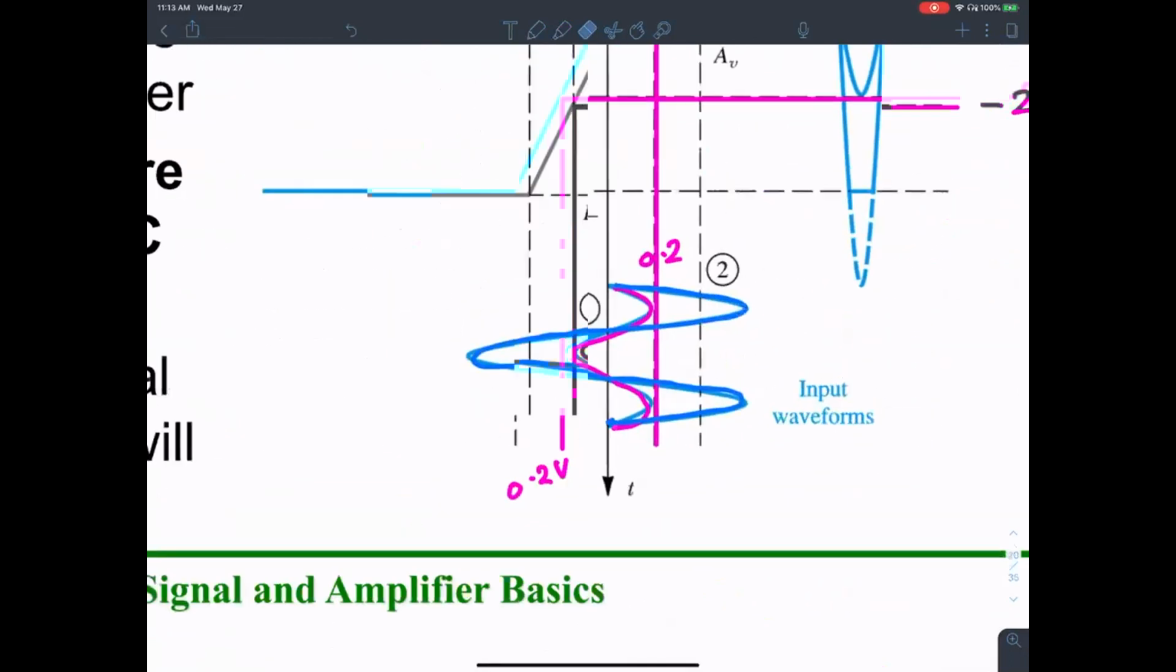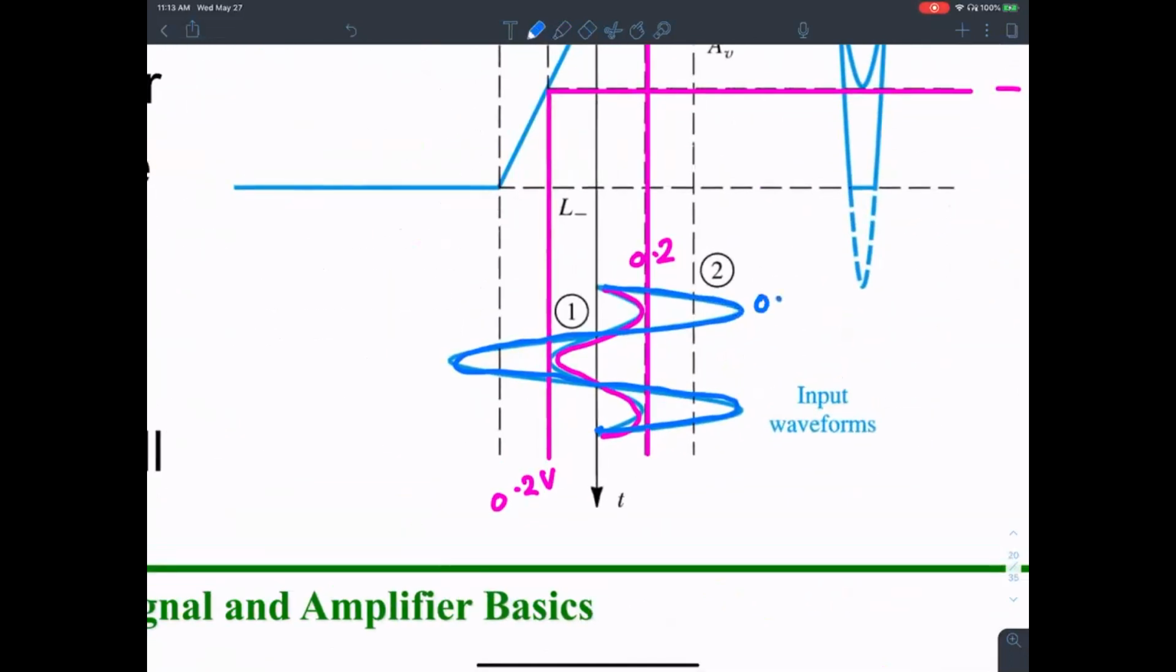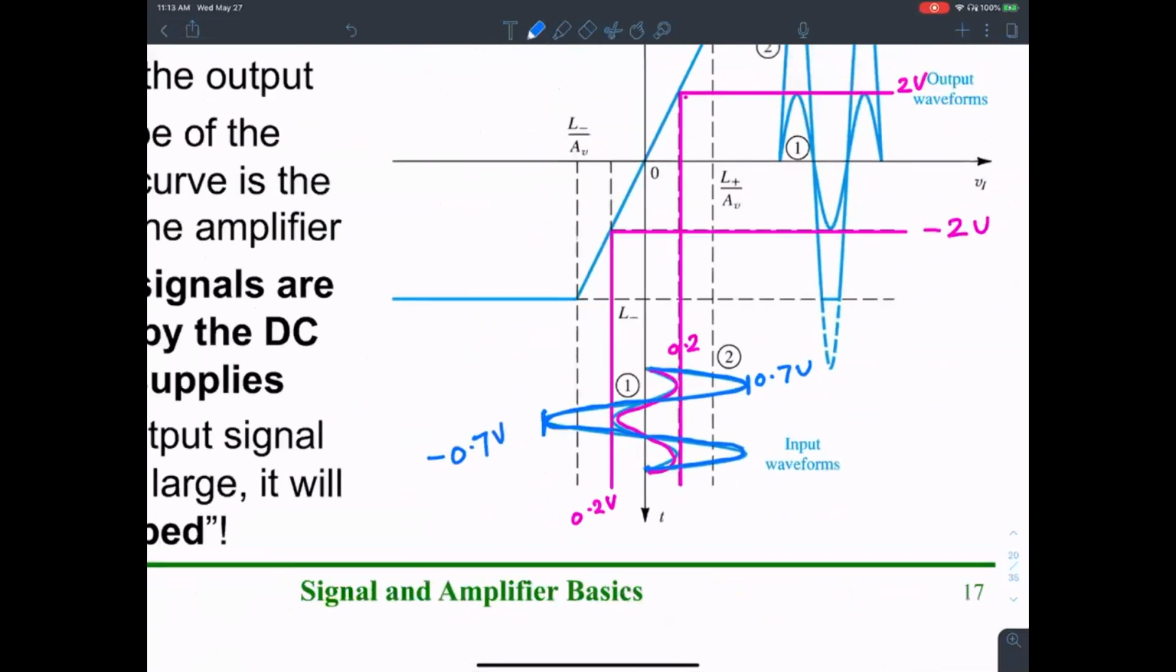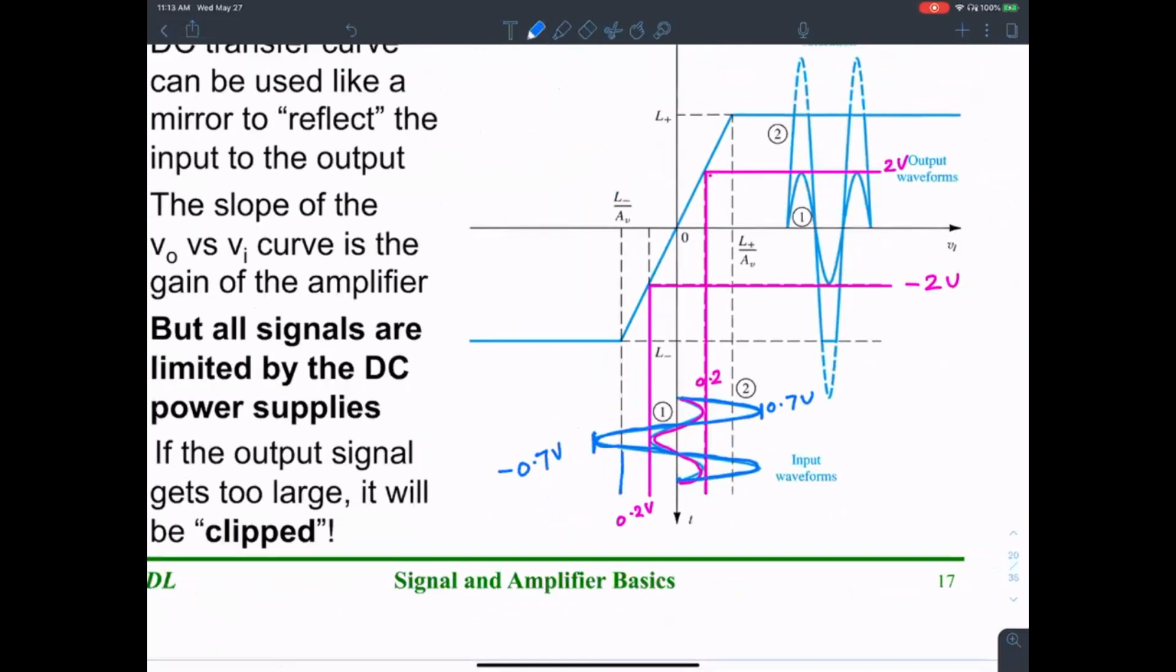Okay, let's say this is 0.7 volts peak, and this is negative 0.7 peak. Corresponding to that, if you were to reflect that onto the output, you'd expect the sine wave to swing all the way top and bottom,